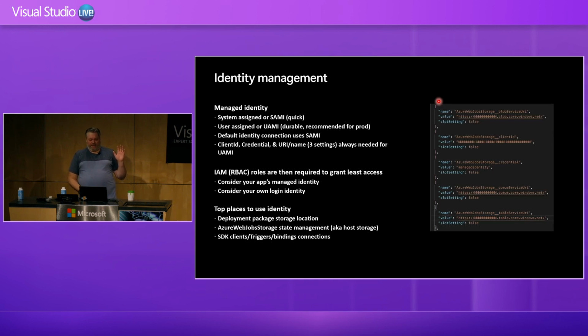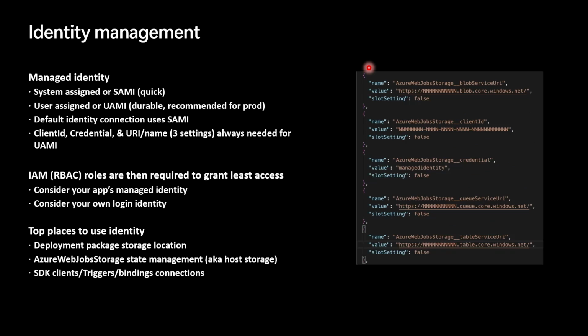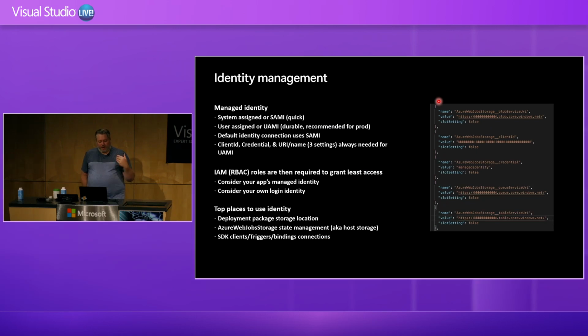And for identity management itself, there's a couple of types of identities that you can give to your function app. The first one is system-assigned identity. This is super easy to configure. You go into the identity tab of your function app and just say on or off. And when you turn it on, the system creates an identity for your function app to use to connect. And it's the quickest one. Usually, we would recommend it for production. Let me turn off that.